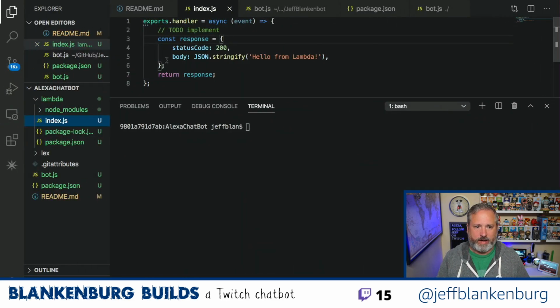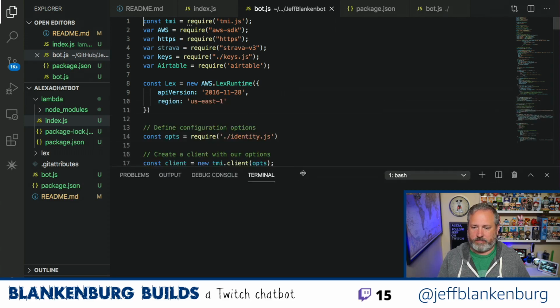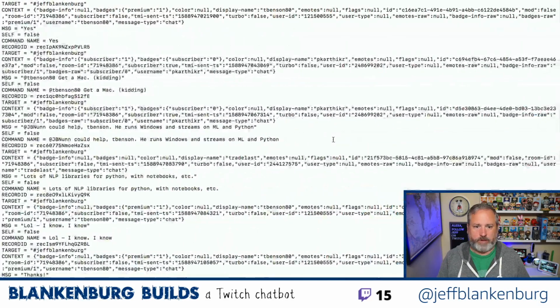The first, if I have my old one, we're going to rebuild this. But this is my existing chatbot. It's running right now. That's how you change the lamp colors and stuff. This bot is just a JavaScript file that I run with Node, right? And if I come way over here, you can see that I'm actually running this, and as you guys type messages, it's logging all of this stuff here to this console. And so I know who your username is. I know what channel it was on. I know all sorts of stuff based on these pieces of information.